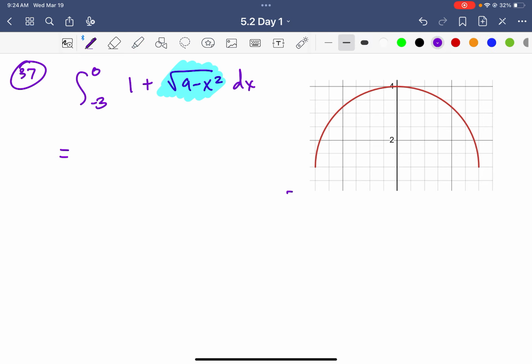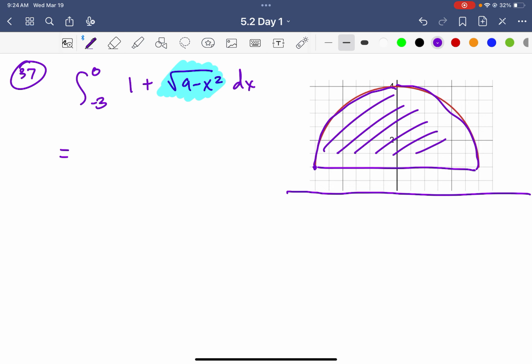So one way to think of it is, if that is the axes, and then here's my graph that looks like this, what we need to do is find the area of that semicircle on top. So it's going to be a hemisphere plus this area right here,